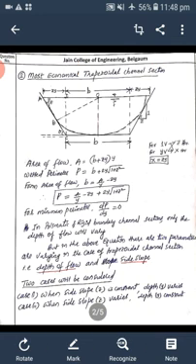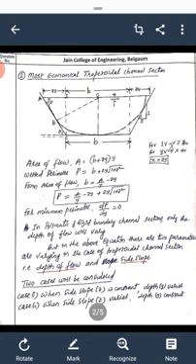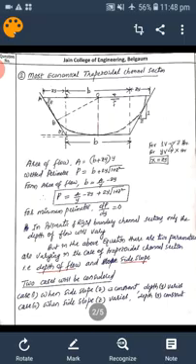Just observe here in this figure, this is the top width. By taking O as the center, and depth of flow, that is d or y, as radius,